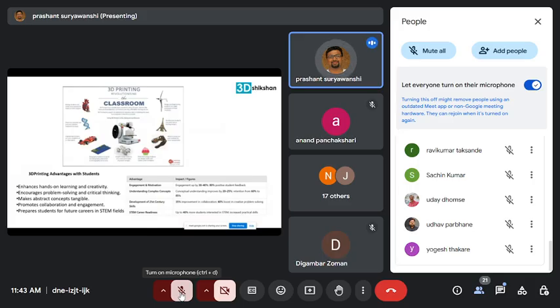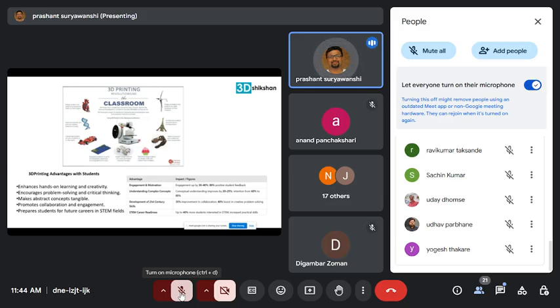Once students get hands-on with the technology, and if they do not restrict themselves only to 3D printing or printing stuff, but think about applications, like how I can apply it in automobile, or in biomechanics, or in electronics, then definitely innovation and research, all these pieces will come, right?